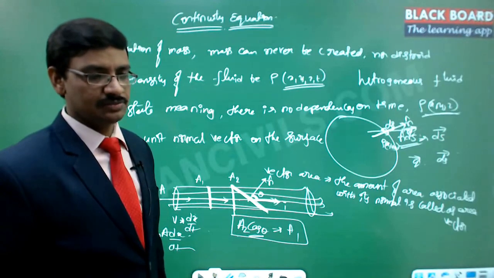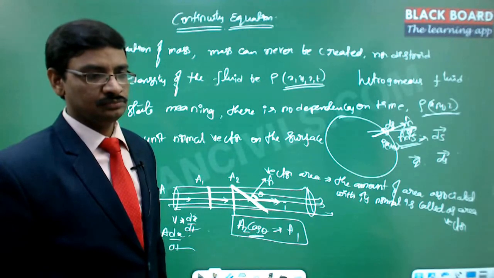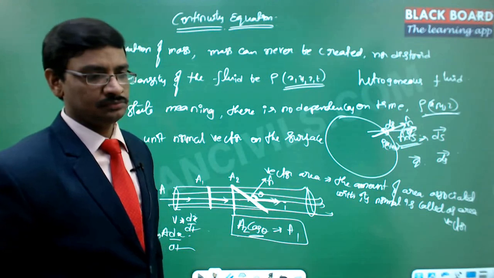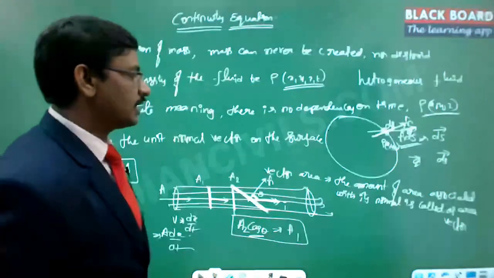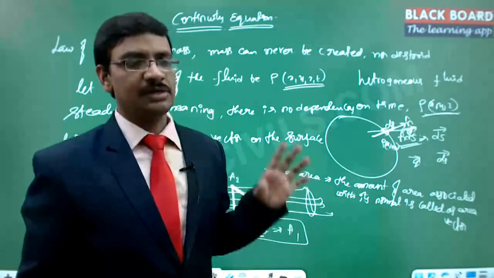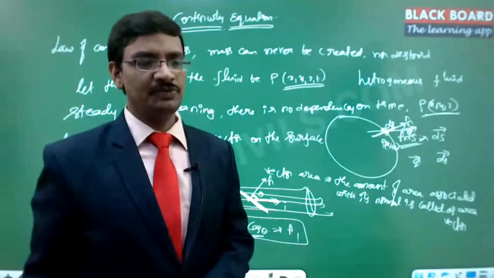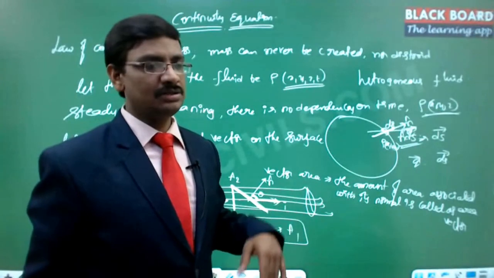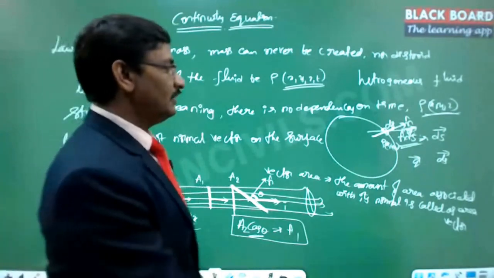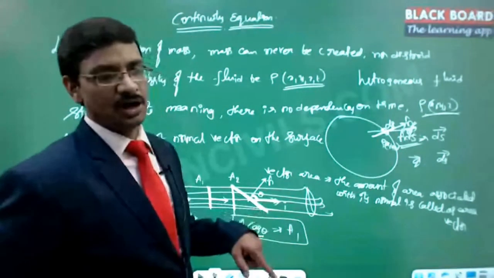Any other questions? Yeah. So the dot operator we will be using here to take care of any kind of surface. If it is a perfectly perpendicular area, then theta is going to be 0. If it is non-perpendicular, then the angle that we are going to consider, this normal itself will take care of that particular portion, because we are using the dot product there.